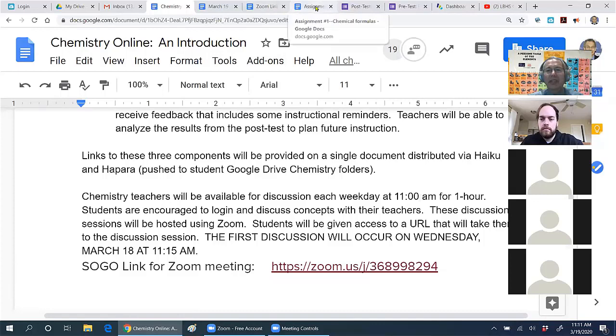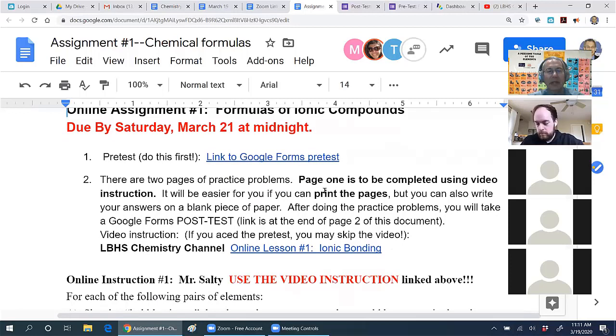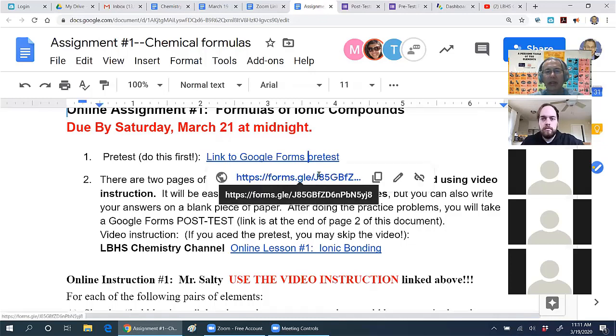Second thing is assignment 1. This is also in your Google Drive. You see it has a due date, making the first due date Saturday, midnight. It has the same kind of structure that you just saw. Pre-test, do this first. There's a link. If you click on it, it will take you to Google Forms. I assume you're familiar with that.